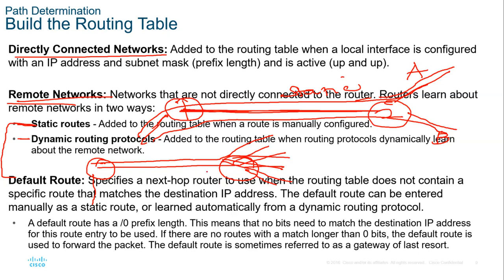Then the directly connected network, there is a network, because if it's this router, then this network here,